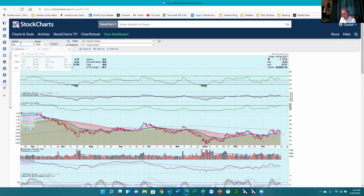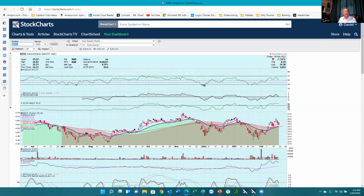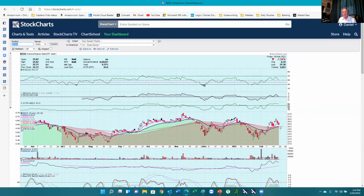One other thing real quick, which is interesting, is this is an ETF called BEDS. This is a hotel ETF. Oh, interesting. I never heard of this one. Now it includes cruise lines. Oh, it does. Okay. Carnival's in here too, as well as Hilton and Marriott, and this could be another one for coming out of COVID. But this is an ETF that allows you to participate in all of those different types of stocks that are in there. Okay. So that's interesting. And then the last thing I want to show is a